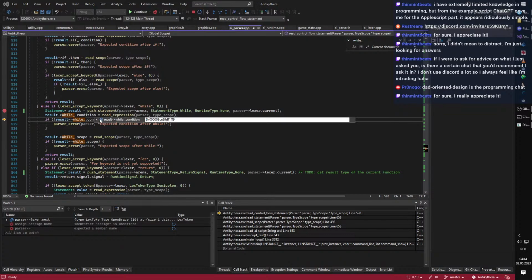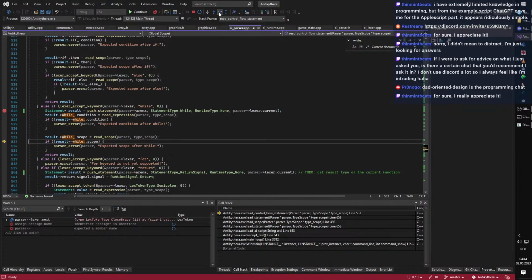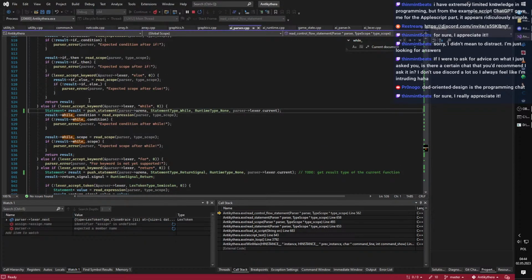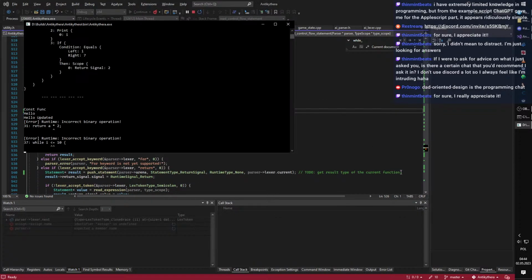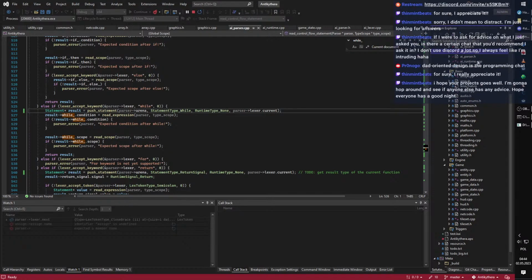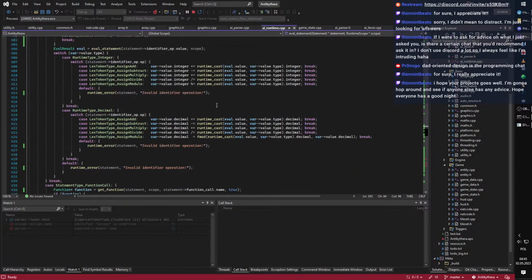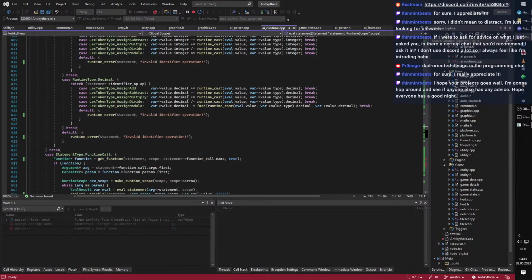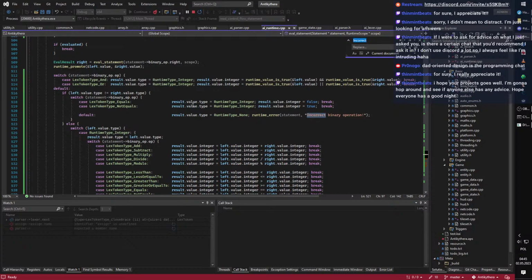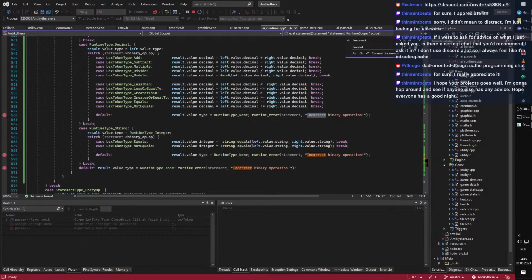Okay, so the condition result type is integer, so I don't know what's wrong with that. Okay. So everything works until it doesn't, because in the runtime it says it's in an incorrect binary op. Somehow. Incorrect binary op. Also, I should rename that from incorrect to invalid, because